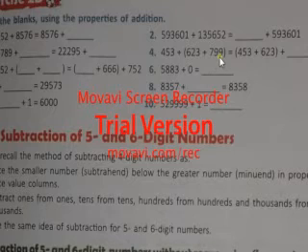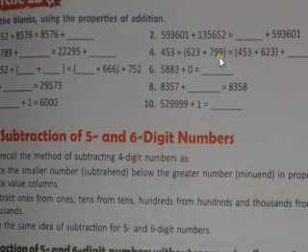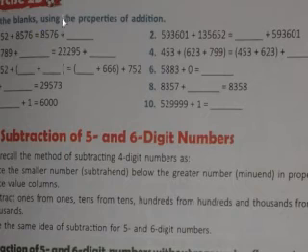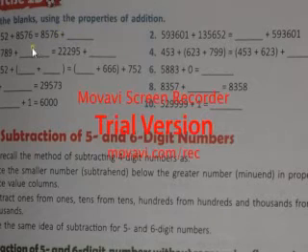Like 2 plus 3 is equal to 5, and in the same way 3 plus 2 is equal to 5. So in the same way, if you will see over here, it is 9352 plus 8576 is equal to 8576 plus what number? Of course 9352. So here will be 9352. Okay, you can see in the solution I had written, and after that you will write the property also. Actually in the solution I had not written the property. You will write the property over here.